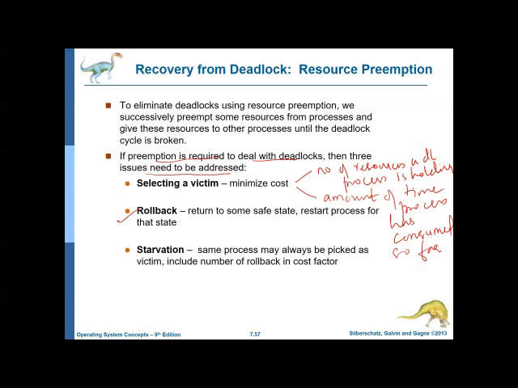It's difficult for us to find the safe state. Then the previous method that we learned, process termination, becomes equal to that. If you're not able to move it to a safe state, then basically it's like aborting the entire process. When all the resources are taken away, you just terminate the process and restart it again. It's similar to process termination.